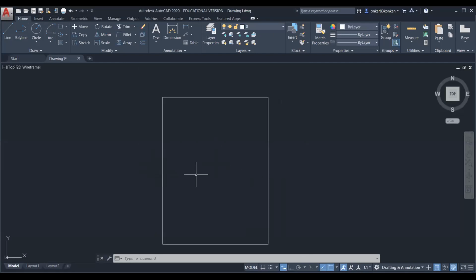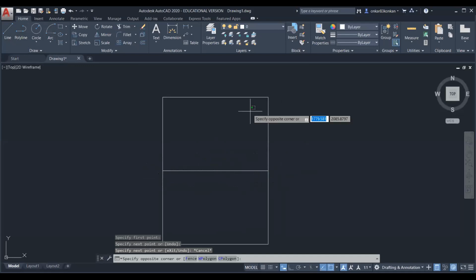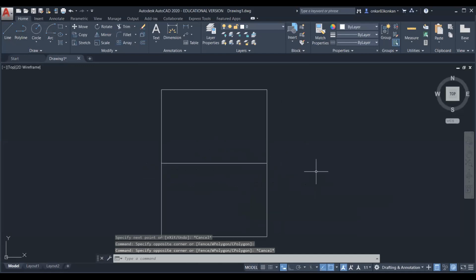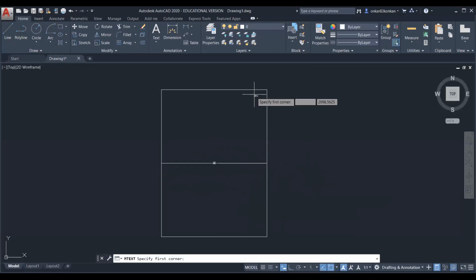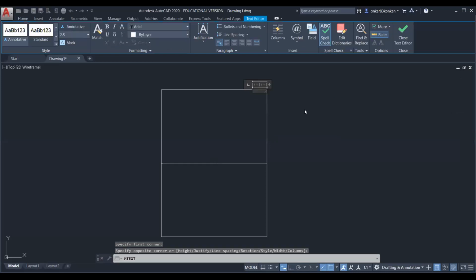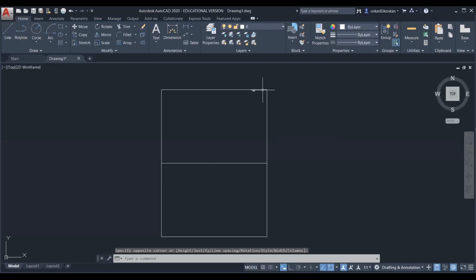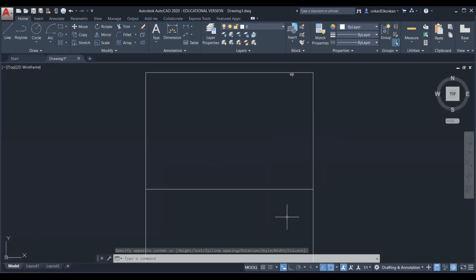Now just draw one horizontal line from the center. So that line will be the XY line. So this is the XY line. This XY line will divide the vertical plane and the horizontal plane. Okay. So you can mention here vertical plane and horizontal plane.